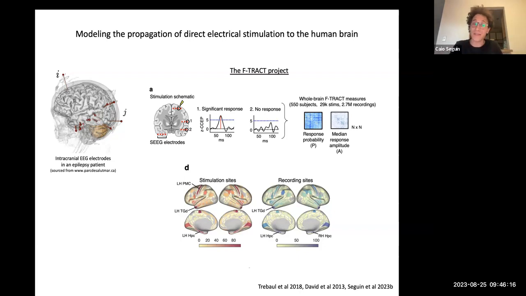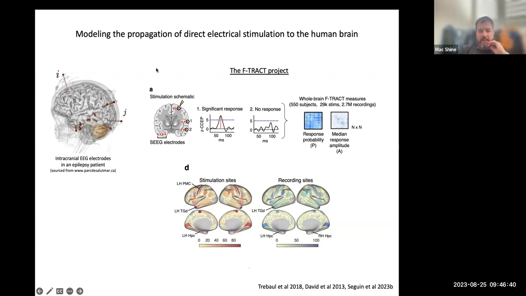And other SEEG studies do have that, but then the downside is that they have to be focused on very particular pairs of regions. Like we're stimulating the hippocampus to see what happens over here, right? So the approach of the F-Track project is the opposite. We're going to average it all out, but we're going to get whole brain coverage. Okay, does that get to what you were asking? That's good. I thought it was something like that.